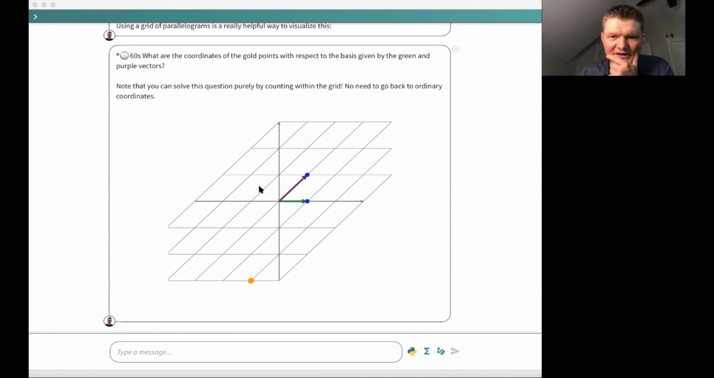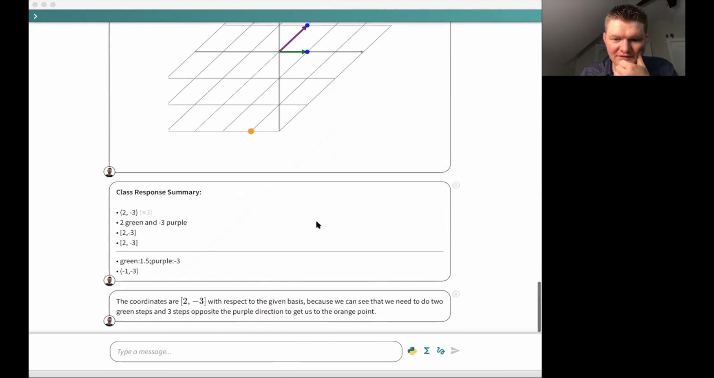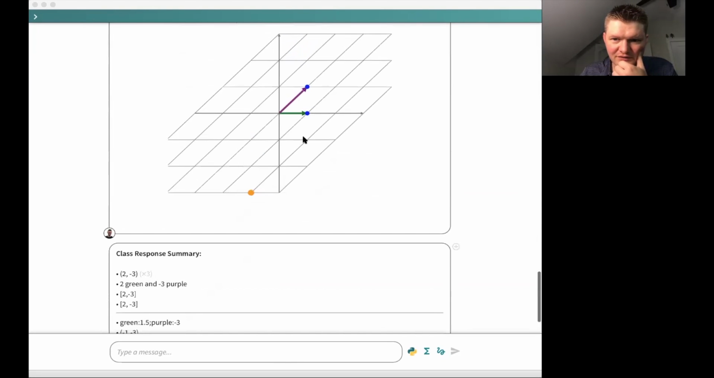Okay, so let's look at this together. Folks were pretty on point with this. I'll summarize their responses. You can see what everyone said. And the answer here is two greens and -3 purples. Because if we take 2 green steps, that gets us right here. And then if we take -3 purple steps, that gets us right here. And that's perfect. Or we could go the other way, -3 purple steps followed by 2 green steps, and that